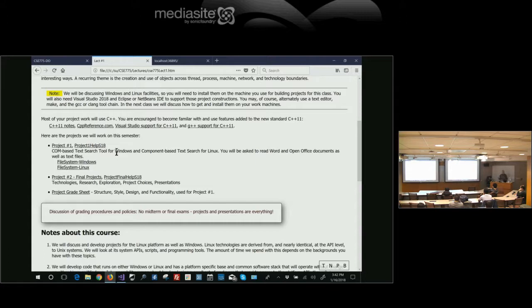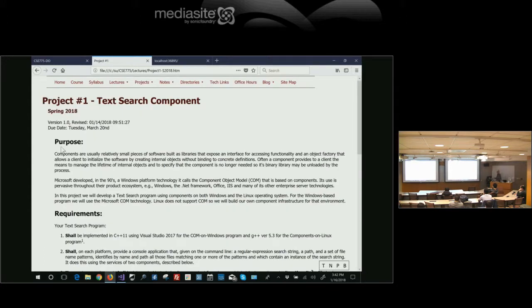Again, no exams in the course. You're graded on your Project One submission, on your presentations, and on the content of the final project, what you do on the final. And the final project is by far the biggest part of your grade.